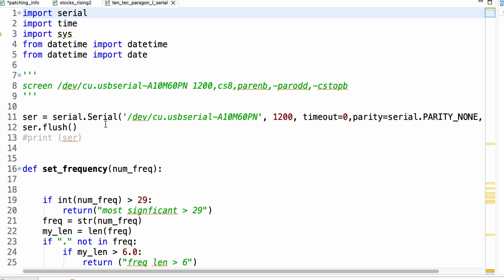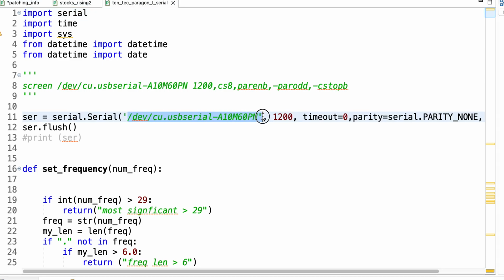So DJ, here's the part I've been talking to you about. This device name here will be created by the insertion of the USB cable into your brand new Apple computer. So when you plug this into the parallel port, the Mac OS, in your case Ventura, should enter some kind of annotation. I'm not sure under Ventura if it matches my old Big Sur, but what we're trying to